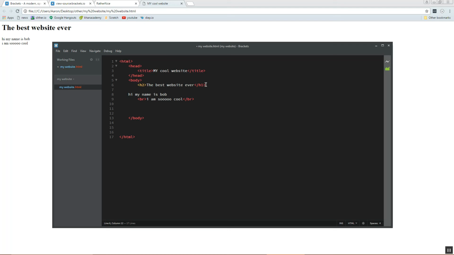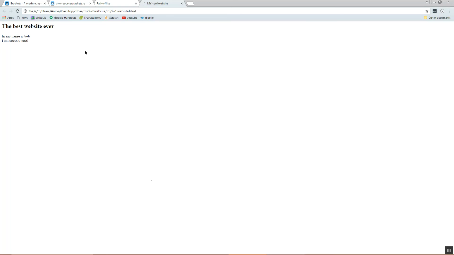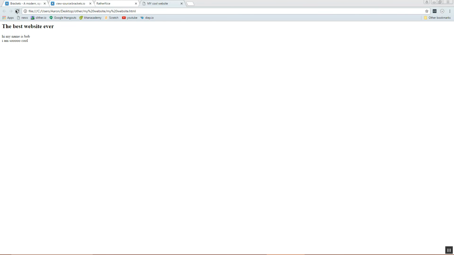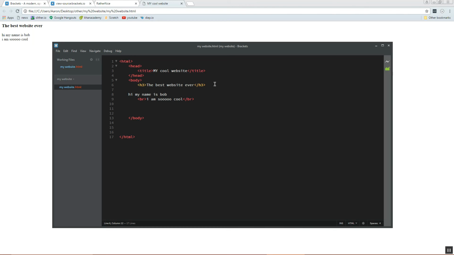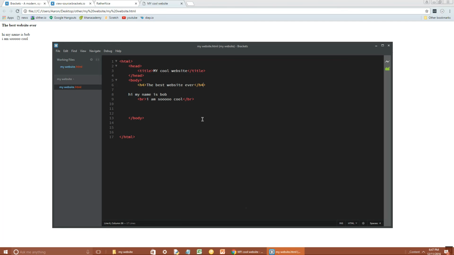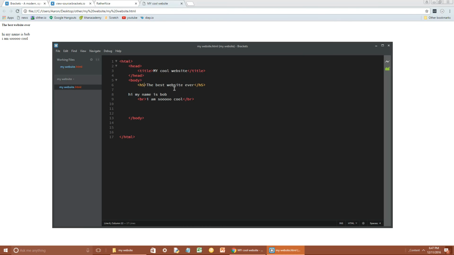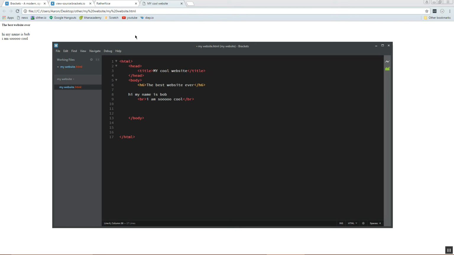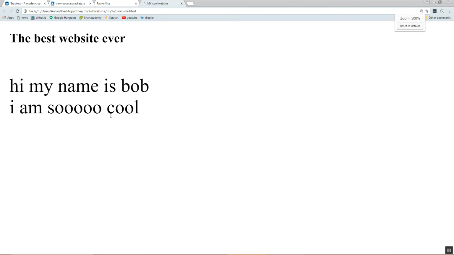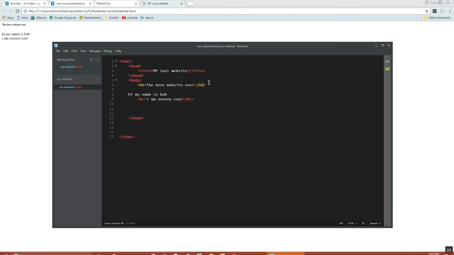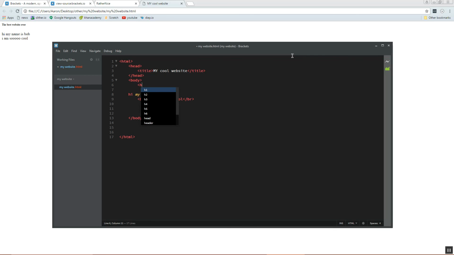Heading 2 is just another big text but smaller. Heading 3 is another big text but smaller. Heading 4, I think, is basically like normal text but bold. Heading 5 is basically smaller than normal text, and heading 6 is always smaller. If we zoom in, this is way bigger than this. If we reset it to default, that's what it looks like. So those are headings. I'm going to put mine as H1, and I'm going to call it the